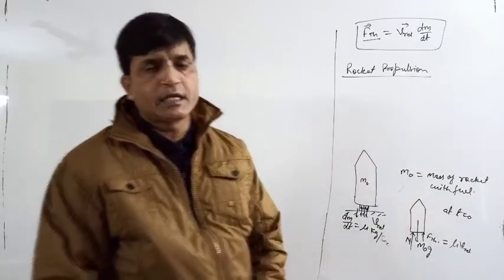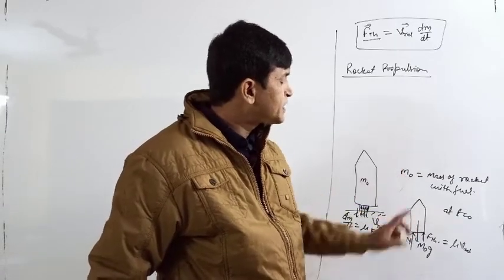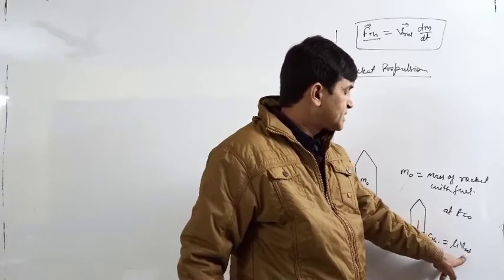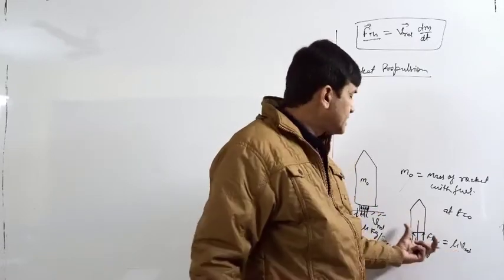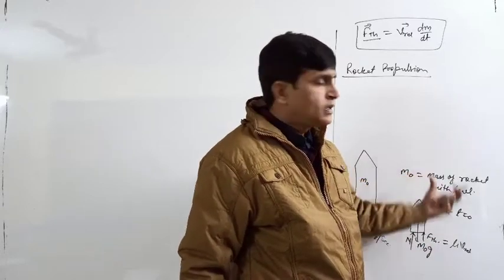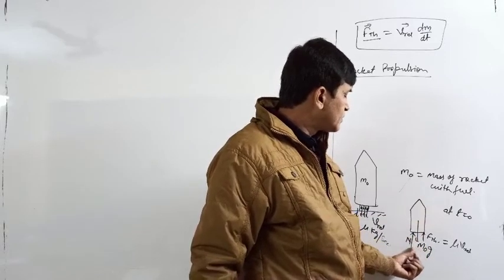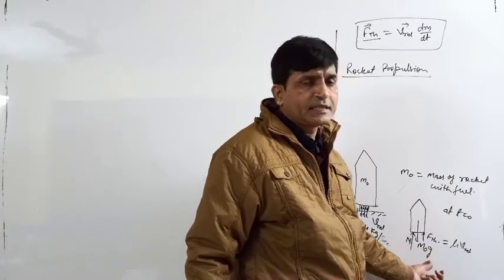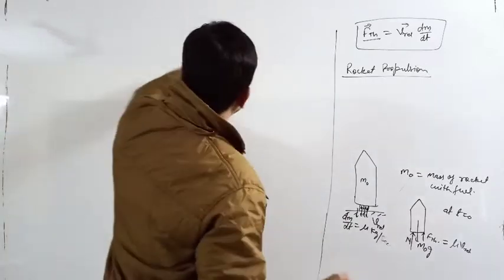This is the equation now here. Now the question can be asked. So which type of question can be asked? First, suppose V relative is given, they can ask what should be the value of mu so that the rocket can leave the ground. When the rocket has to leave the ground, the normal force will be 0. Normal force 0 means F thrust must be equal to M naught G in the initial case. Okay. So many questions can be asked related to this.